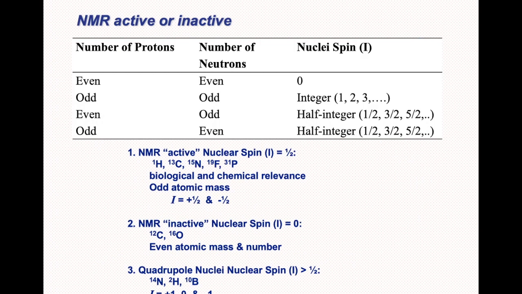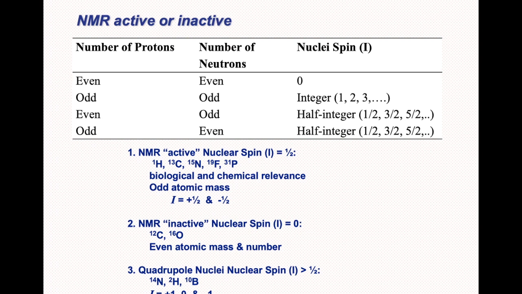Well, let me ask a question at this point. Whether all the nuclei present in the periodic table will give an NMR spectrum? Well, my answer is no. And it all depends upon what kind of nuclei we are interested in. To answer this question, first of all, we have to know whether the particular nucleus is spin active or not.